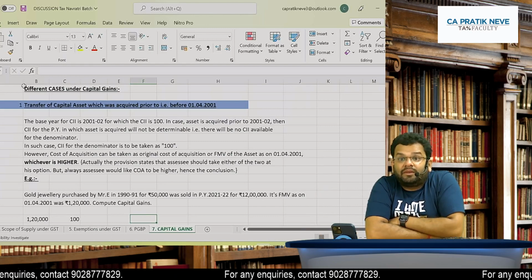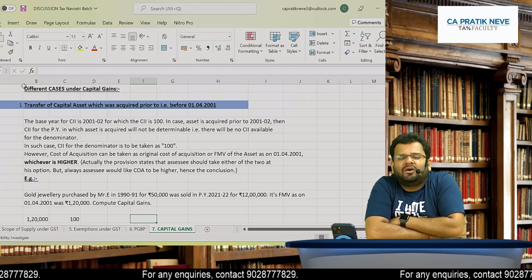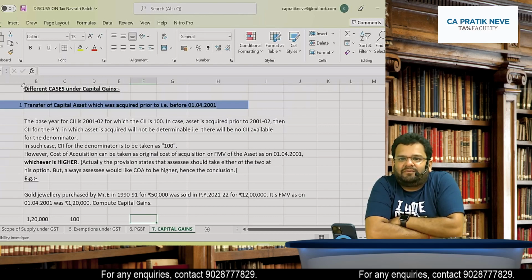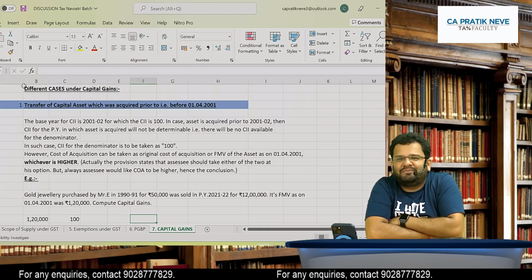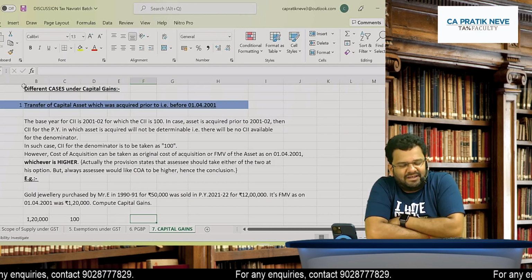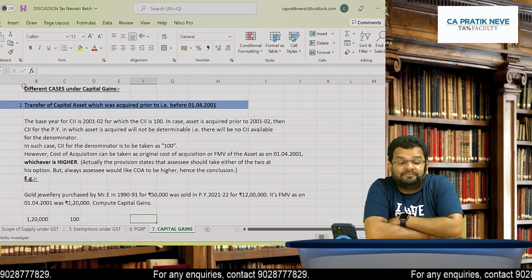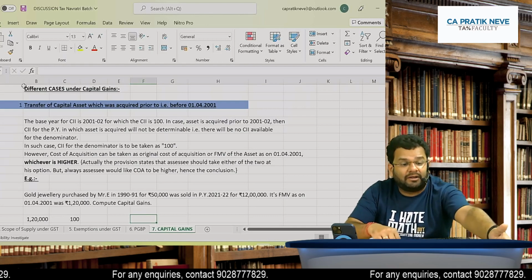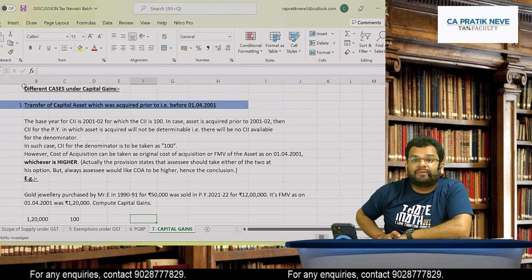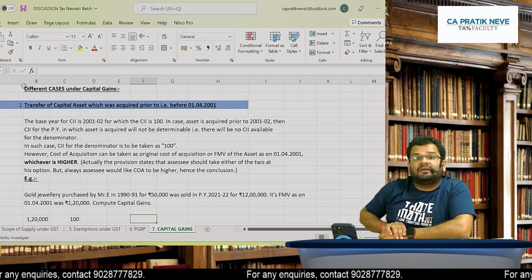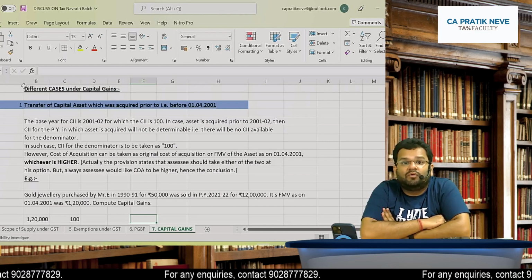So now friends, all these basics remain the same in capital gain for all transactions. Okay, this is the same for all transactions. The format is the same, indexation is the same, determining whether the asset is LTCA or STCA, everything is the same. What changes? Few factors change, and those changing factors I have kept in different cases. Okay, now since we are discussing CII, we will link the first case with it, which is the base year